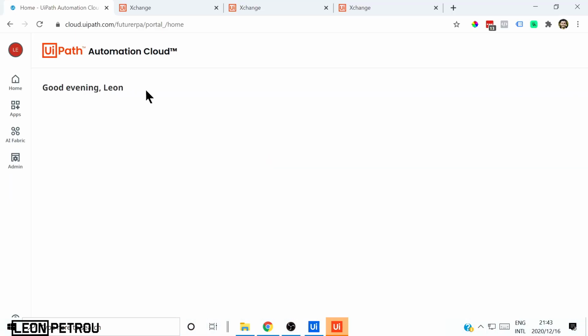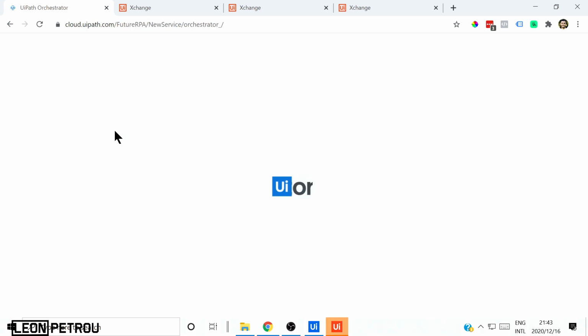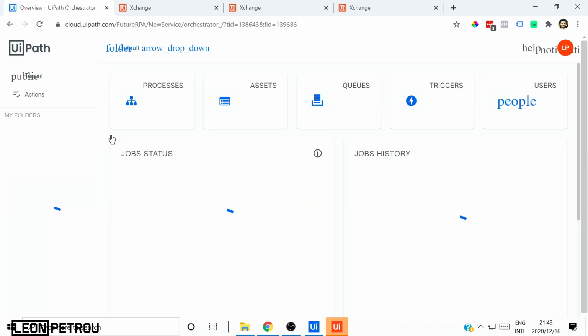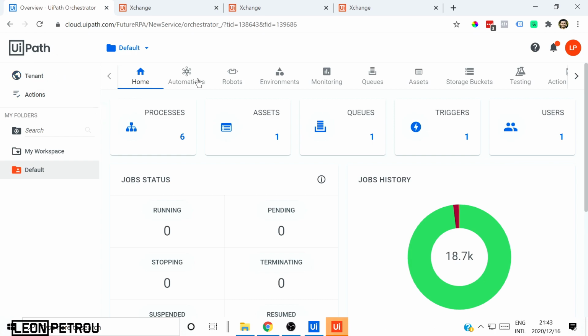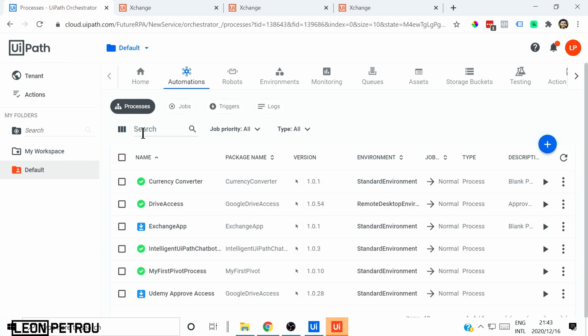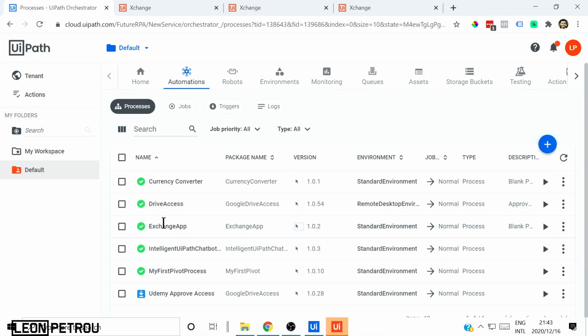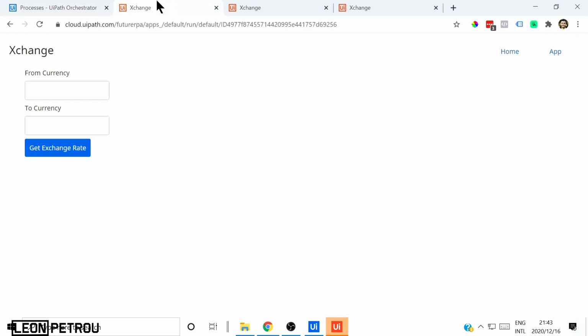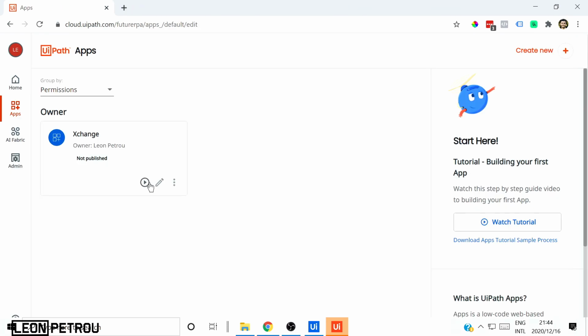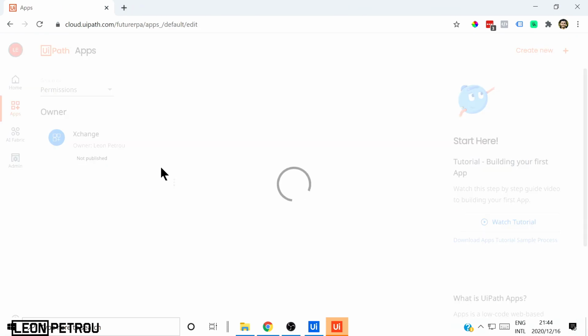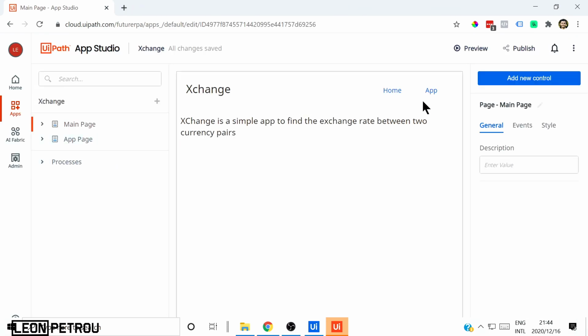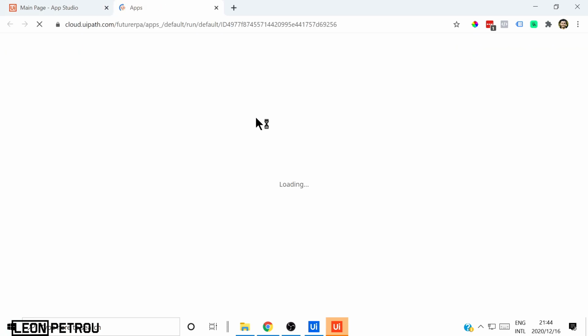Okay, open this. Now we want to update our process. So we can go to automations, processes, select our exchange rate, exchange app, use the latest, okay, because we just republished it. There you go. So now it's not going to ask us for the message box anymore. Go to edit, preview,